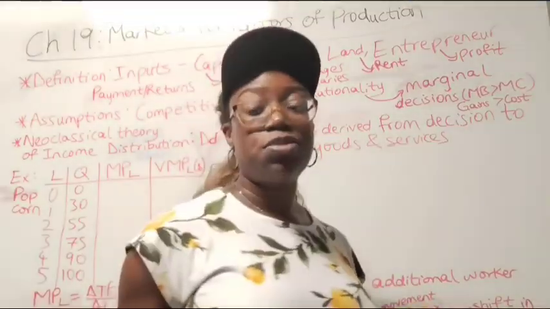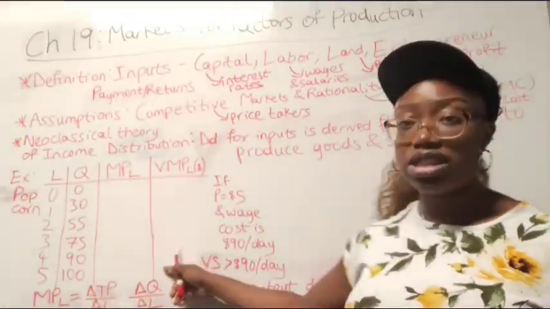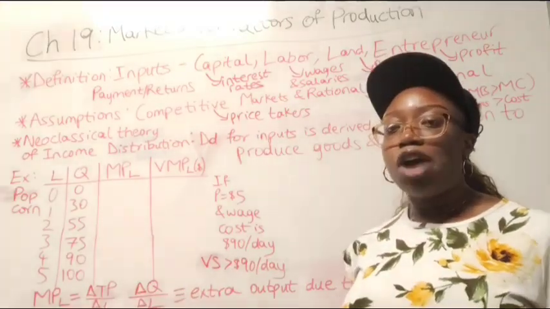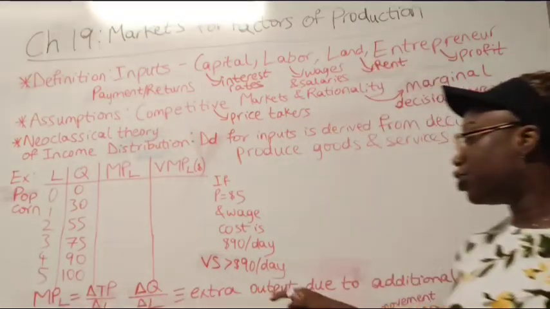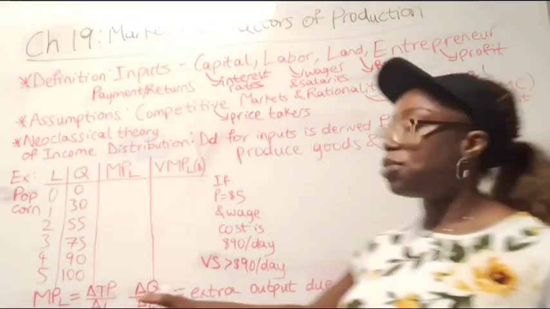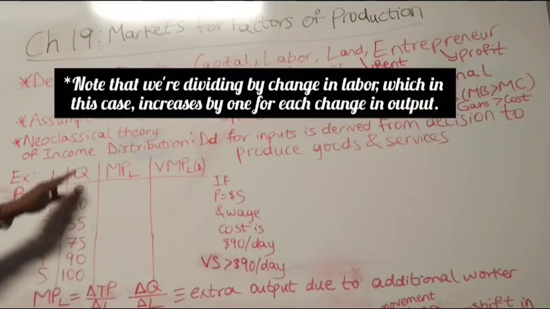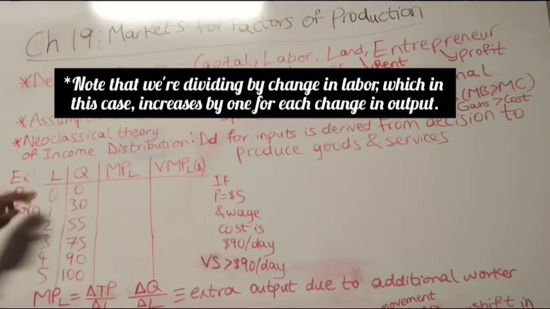So change in total product means change in outputs or quantity as a result of your change in labor. And this is basically how much extra are you able to produce because you have an additional worker, right? So that's just what marginal product of labor, MPL, means. To calculate this, you just need to calculate the difference in the output as a result of having an extra